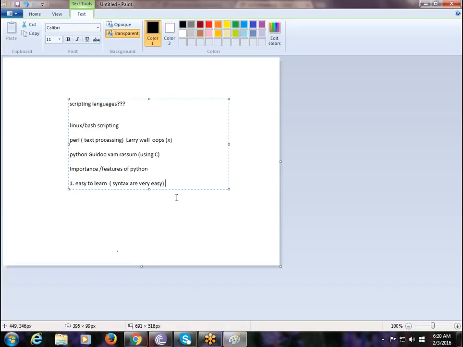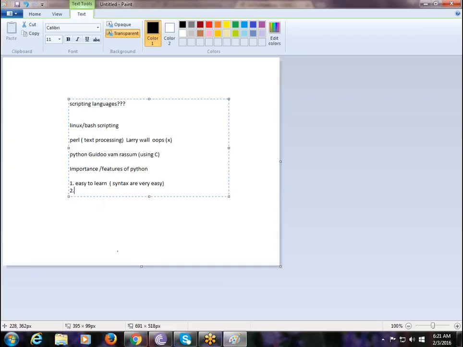For example, in other programming languages there will be starting braces and ending braces, which messes people up. They don't know where exactly to start or end, and the loop structuring is also not very good in other languages compared to Python. In Python it is very clear, and the code looks beautiful, so the user can take something from the code at least. Syntactically and implementation-wise it is very easy, and for initial learners who want to become programmers, this is the best choice to start their career with.